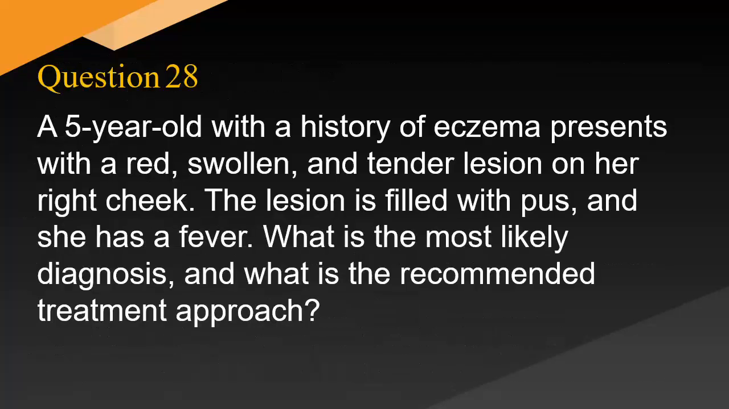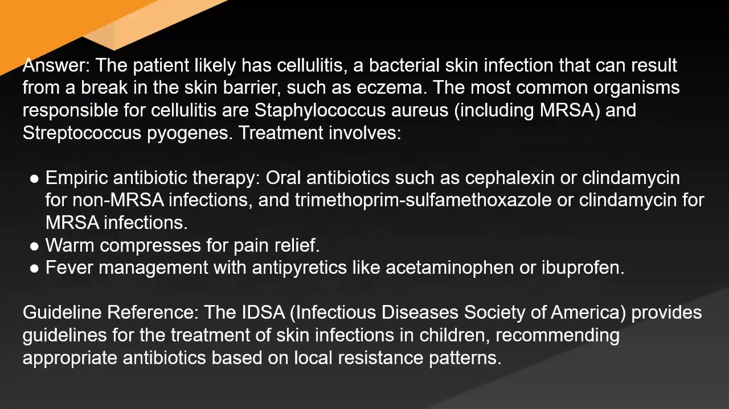A 5-year-old with a history of eczema presents with a red, swollen, and tender lesion on her right cheek. The lesion is filled with pus and she has a fever. What is the most likely diagnosis, and what is the recommended treatment approach? Answer: The patient likely has cellulitis, a bacterial skin infection that can result from a break in the skin barrier, such as eczema. The most common organisms responsible for cellulitis are Staphylococcus aureus, including MRSA, and Streptococcus pyogenes. Treatment involves empiric antibiotic therapy,